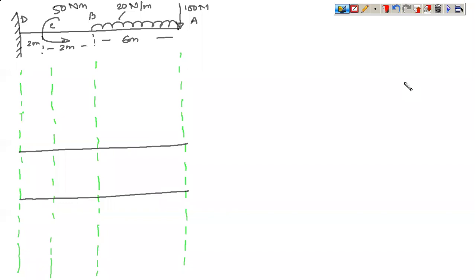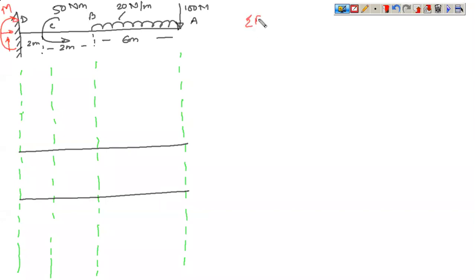Now this is another example of a simply supported cantilever beam, but it has been loaded in the other direction. The rule says that you always proceed from the fixed end, but before that you need to find out the reactions. Again, you can see that there are three reactions here.